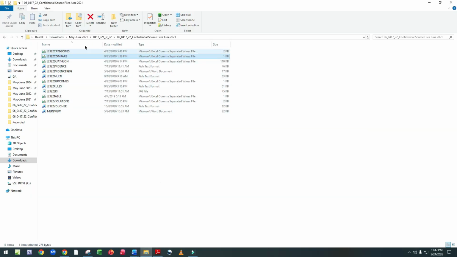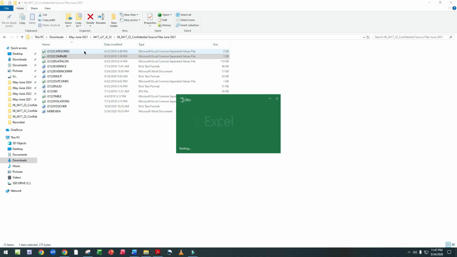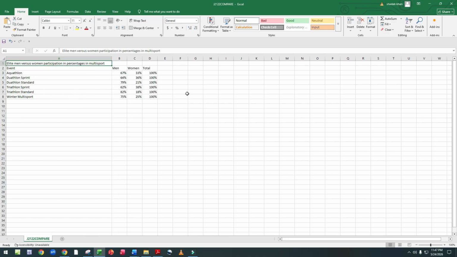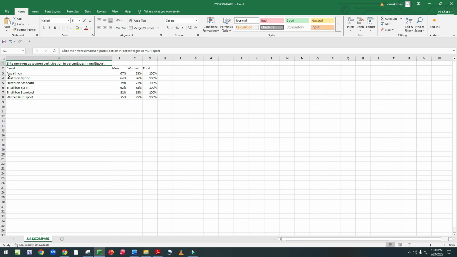Now we open the compare CSV file, click enter, adjust this, select from duathlon to triathlon.